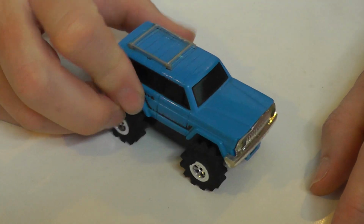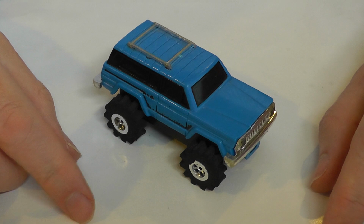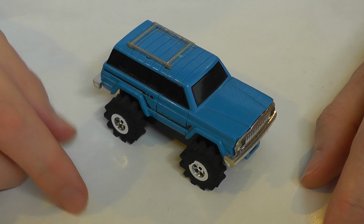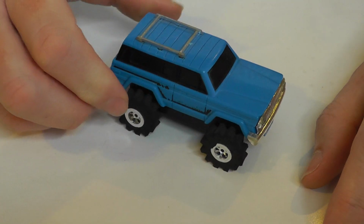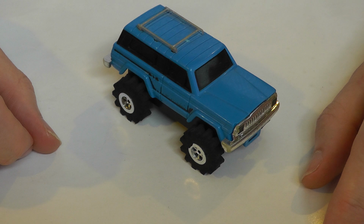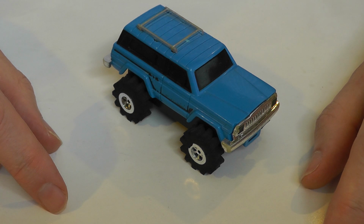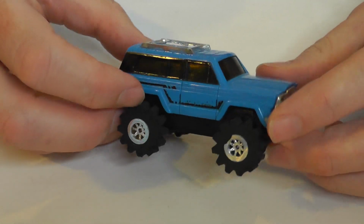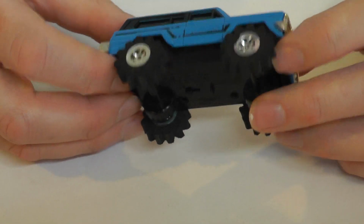I don't know about you, if you're my age, so a kid in the late 70s, early 80s, you may have owned one or more of these. I actually owned two. I had a Toyota Hilux and later a Chevrolet Blazer 4x4, but they're little battery operated, they're just